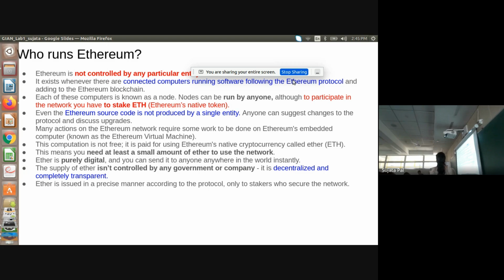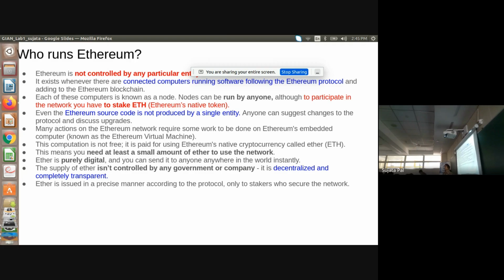It exists whenever there are connected computers running software. All of them follow the same Ethereum protocol, and each of these computers is known as a node. A node can be run by anyone, although to participate in the network, you have to stake Ethereum. Okay, you need some stake.